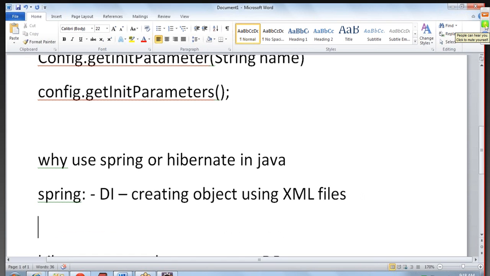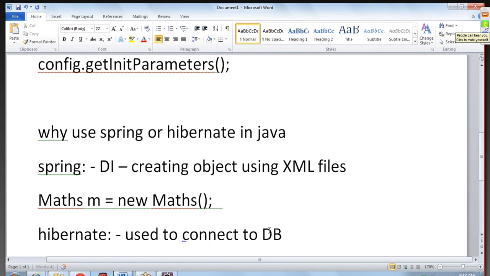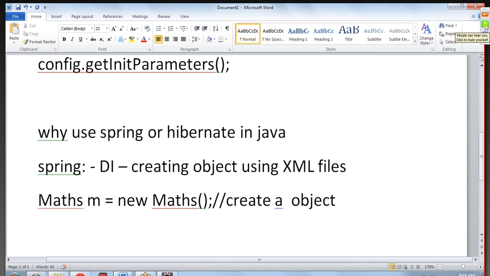For example, if there is a class called Maths class. In your main method, you are using a simple Java application, and in your main method, you have defined this line which will create an object. This m is a reference variable for the Maths object, right? So now you can achieve this